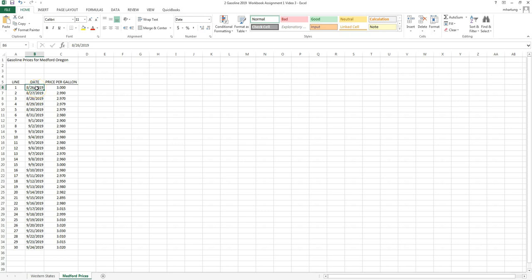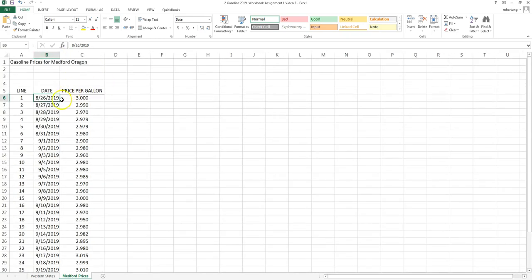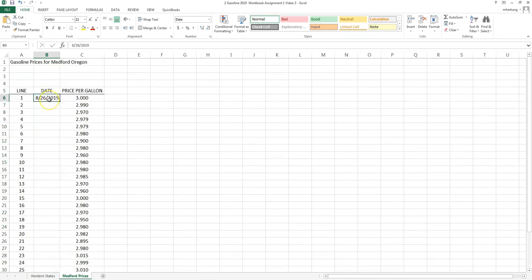What we have here are the gasoline prices for Medford, Oregon for a 1-month period of time. So you're going to create these 3 column headings and then put in these dates, and this is the price per gallon for those dates. Now when you're doing these dates, you don't have to type this in for every day. So let me go back and delete these. So all you need to do is go ahead and type in the 8/26,